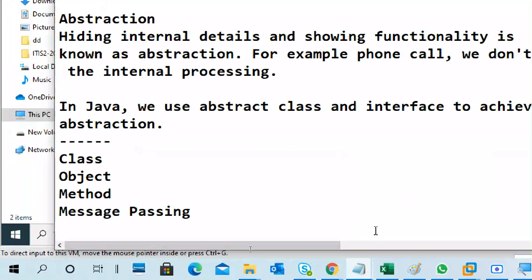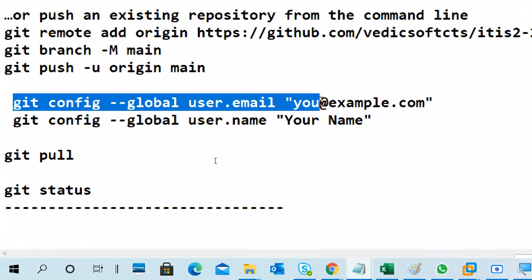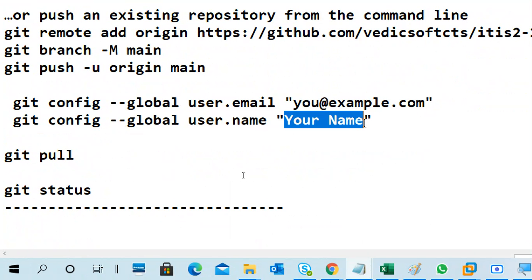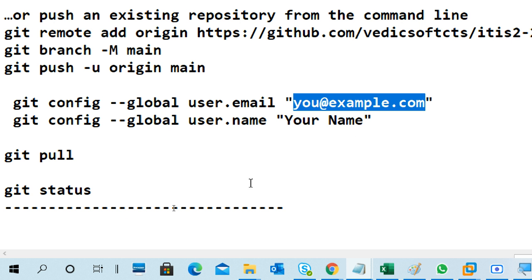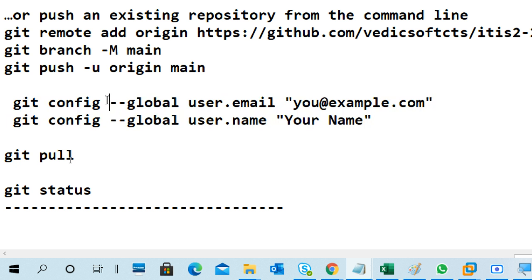I prefer that you just give these two commands: name and email ID. So this is your name, meaning your name only. Not the full name required, just the first name and second name. And here it is like name@example.com, or your name at the rate of some domain, so I will understand who committed. Any name you can give, or you can give your complete original name also.